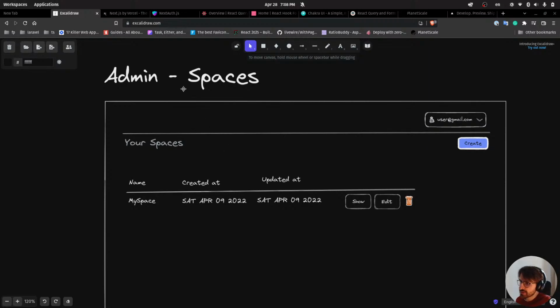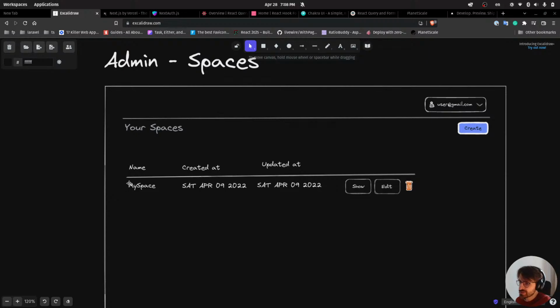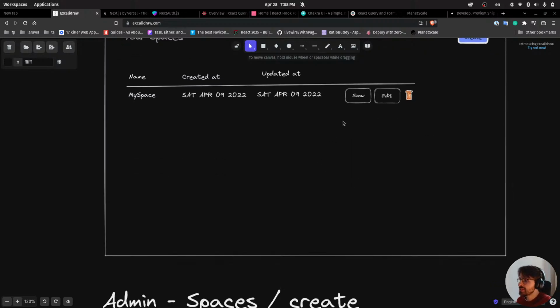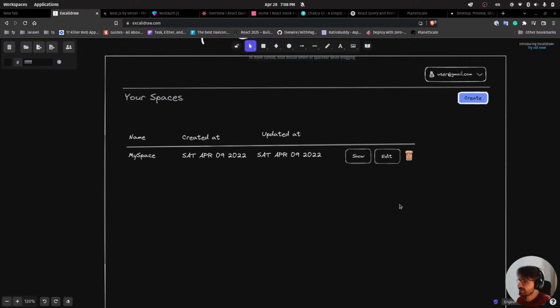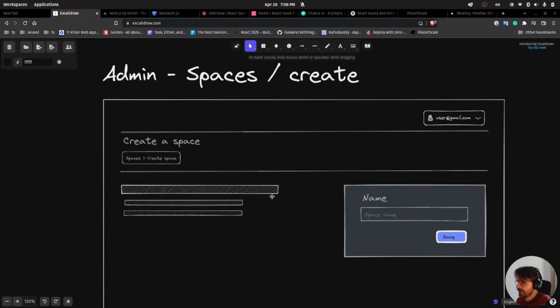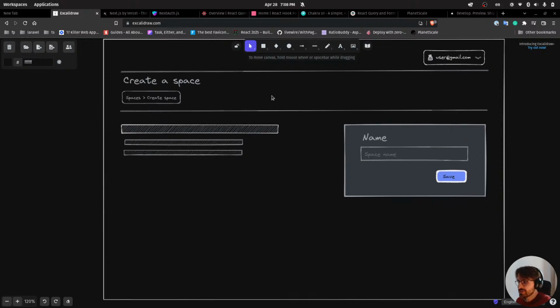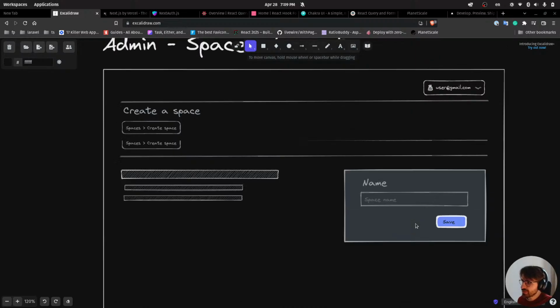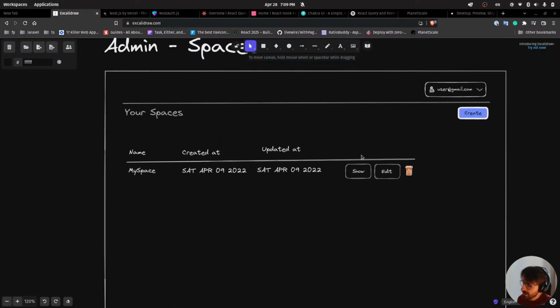So basically, this will be the admin panel. You can see your spaces. You can create a new space. You can see details. You can edit. You can delete this space. And once you click to create or even edit, because again, I'm not interested right now in dealing with permissions and roles and more complex controls, I'm imagining that we will just have to deal with the name of the space, and that's that. So you will have this form. You can fill out the name and save. The edit will just be the same kind of form. We will probably just reuse it, and the